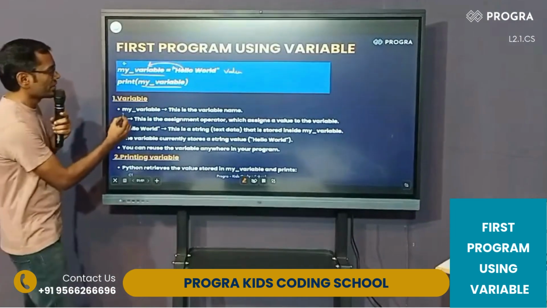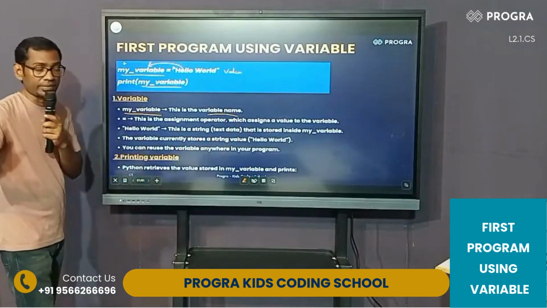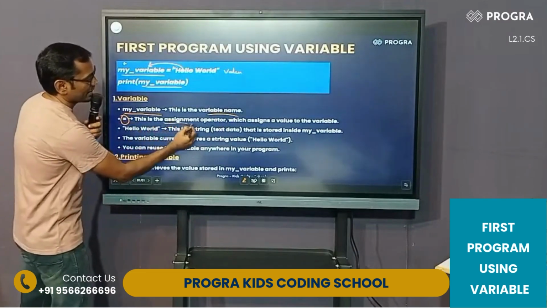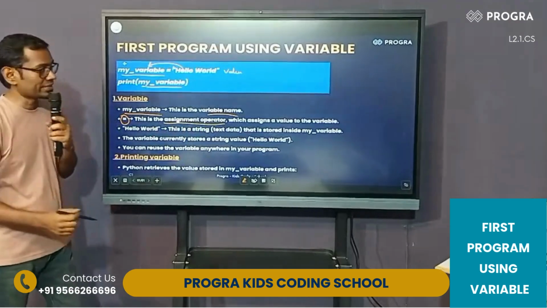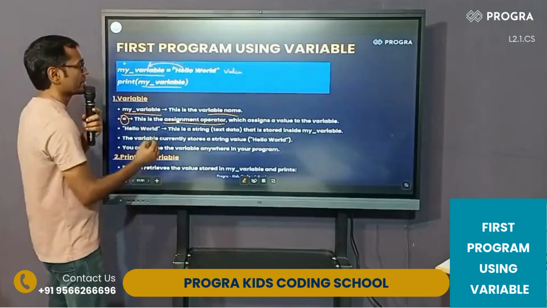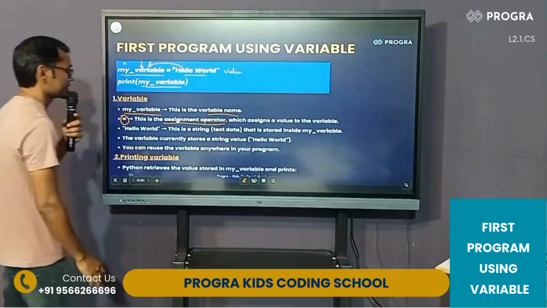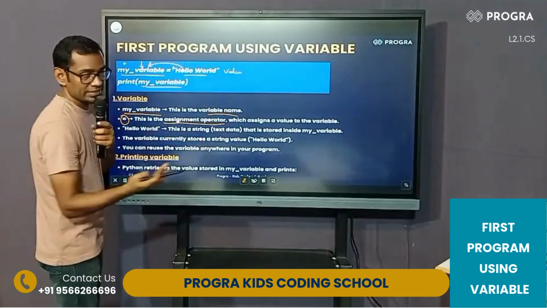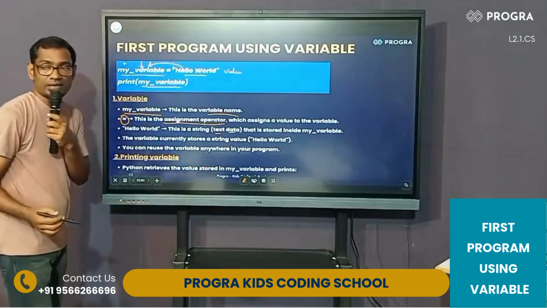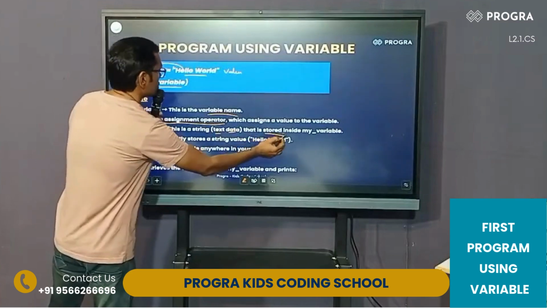If you look at here now, my underscore variable is the name of the variable. And what is this called? This is called an assignment operator. And what it does, look at now, is it assigns a value to the variable. So it's assigning this value to this variable. And what is hello world? This is a string or text, or data, or we will call it information or value, and that will be stored inside this